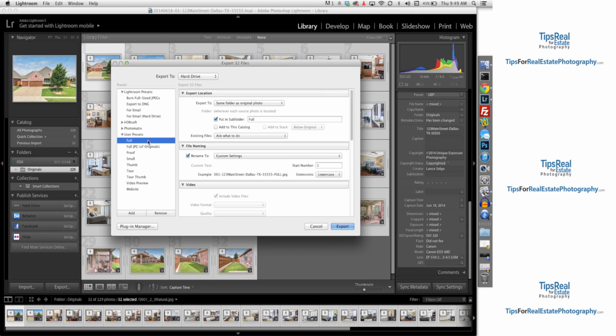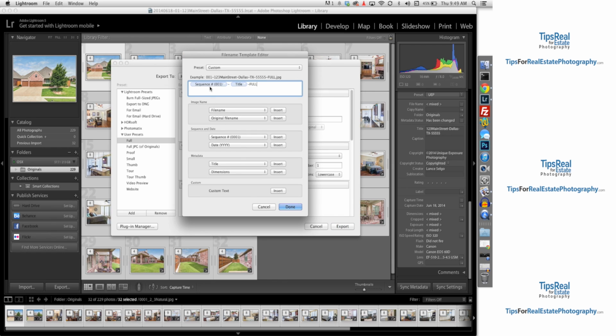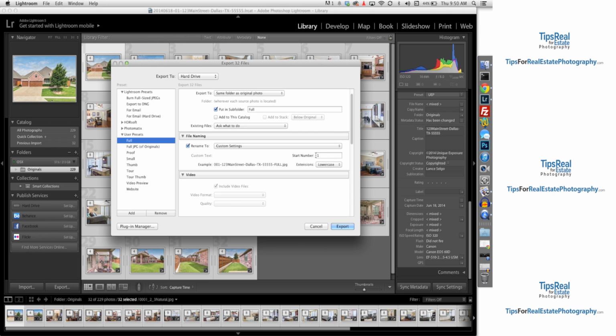So let's take a look at the full preset. I export it to the same folder as the original photo. So it's going to export this inside of my originals folder, and it's going to put it in a subfolder called full. I'm going to rename it. Let's take a look at the settings. I set a sequence number so it labels them in order by number, 1 through however many photos I have. Then I label it after the title, which we edited over in the library module. And then we add full to the end of it so we know what size this photo is. We start our sequence number at 1,